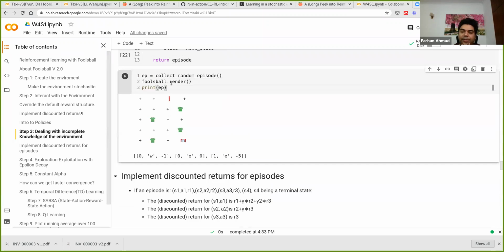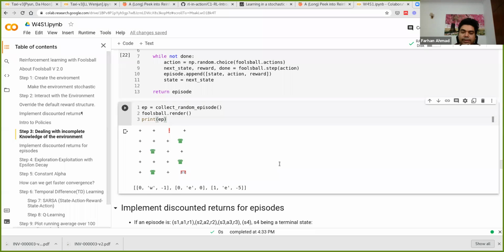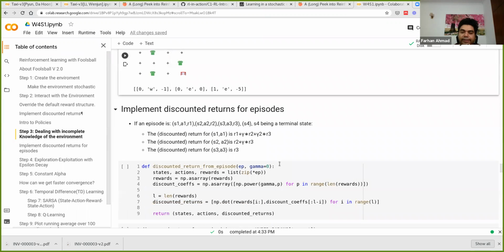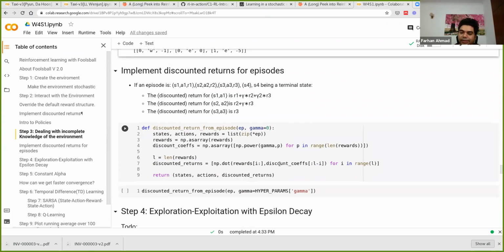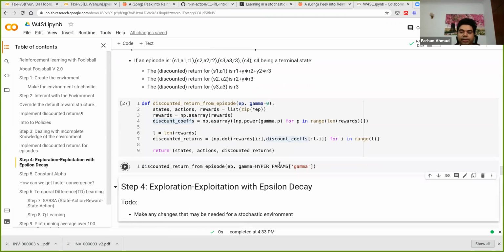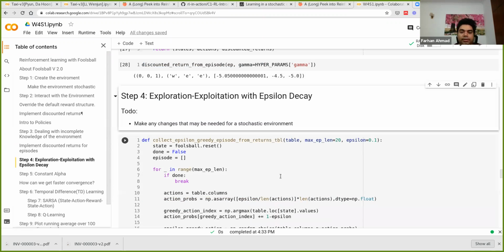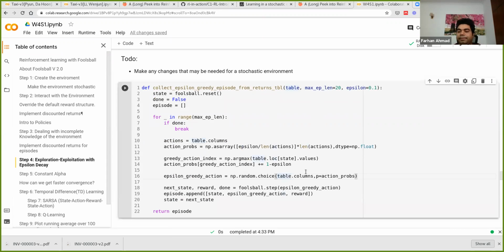But you don't have to make any changes to the logic of the code, right? The discounted return from episode isn't going to look any different. This is again going to be entirely what we were using earlier. Okay, this function again,